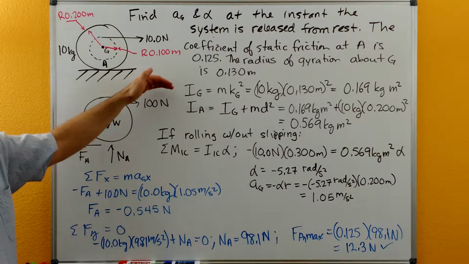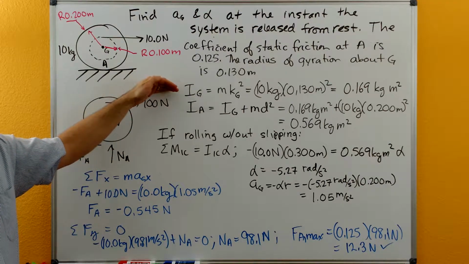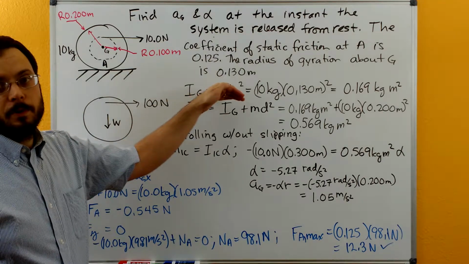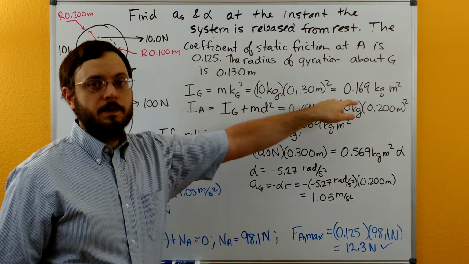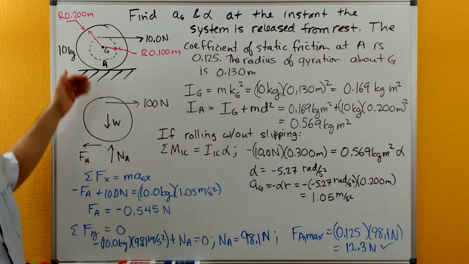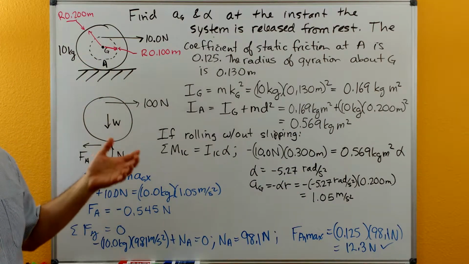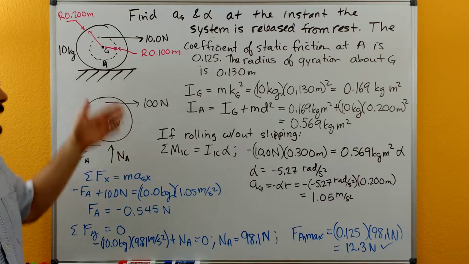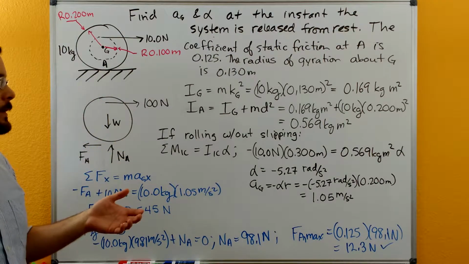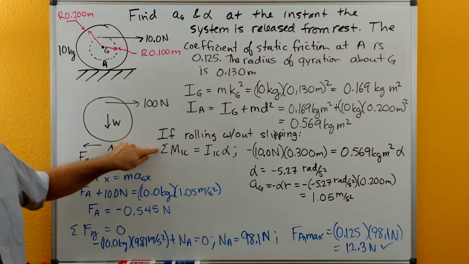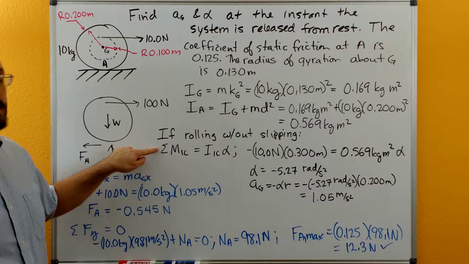We can calculate the moment of inertia about the center of gravity just by taking the mass and multiplying by the square of the radius of gyration. That gets us the 0.169. And then looking at this one, let's guess that it's rolling without slipping, and then we'll go through and verify it. If it is rolling without slipping, our easiest equation to use is sum of moments about the instantaneous center,